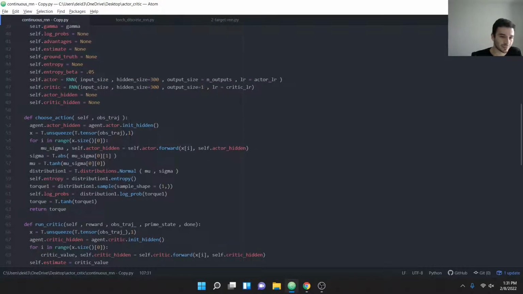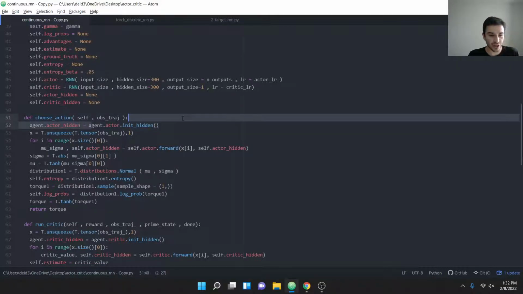Anyways, let's go on. So choose an action. To choose an action, we just need our observation trajectory, and we're going to go over the last sequence of observations of length any value 1 through 6, or 1 through however long you want your observation trajectories to be. And this is just the way we implement it in Pytorch. Okay, so we're going to call agent.actorHidden, and we're going to initialize our hidden state to be all zeros, replacing our actor hidden with all zeros. And we take our observation trajectory,